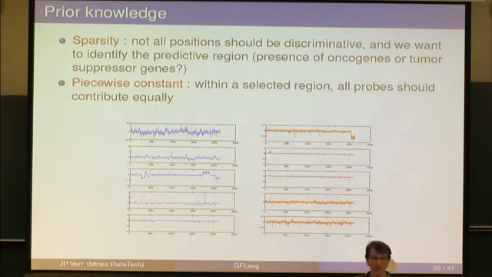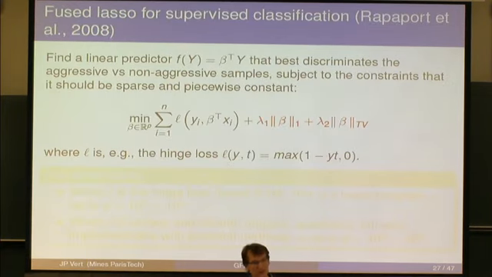Okay, so if you translate this idea mathematically, it would mean that perhaps you want to learn a weight vector to make your linear classifier that would be sparse, meaning 0 most of the time, and piecewise constant, meaning that it would identify windows with positive or negative weights that would correspond to regions responsible for the aggressiveness of the cancer. Okay, so how does that relate to the change point detection problem? Well, one easy way to implement that, once we know about fused lasso and total variation, would be